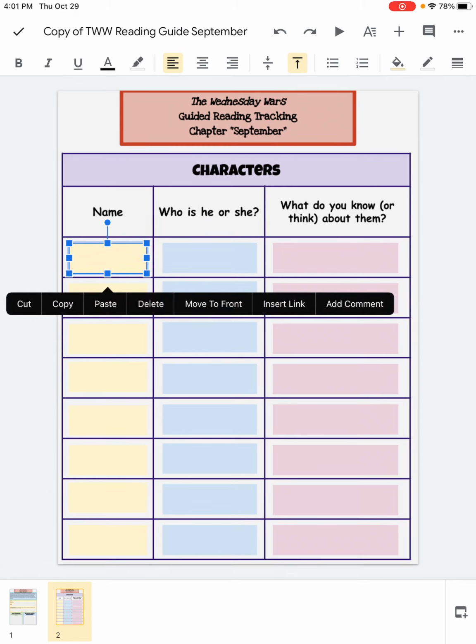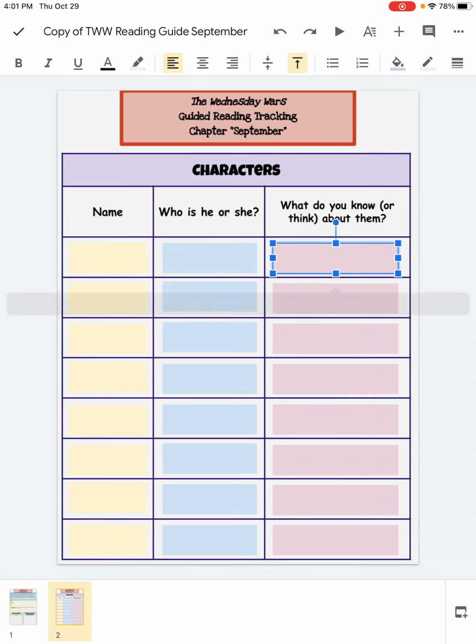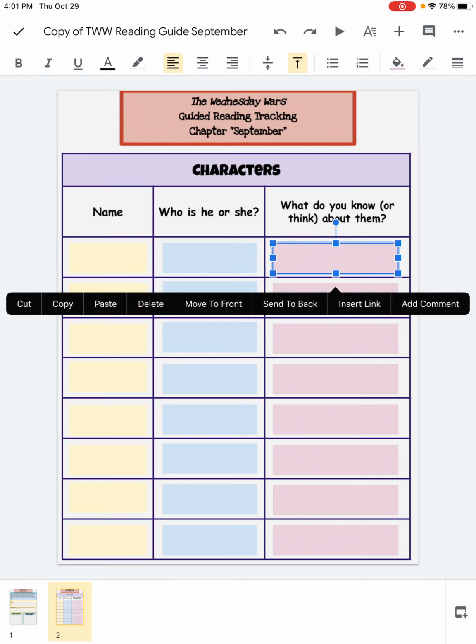As we realize who that character is and their importance in the story and how they're related to our main characters, we will put that in this blue box. Now this far right box, this pink box says, what do you know or think about them? Sometimes we'll meet a character and not really know a lot about them, and so you can tell me what you think. However, if you find out information about that character, this pink box should tell me what you